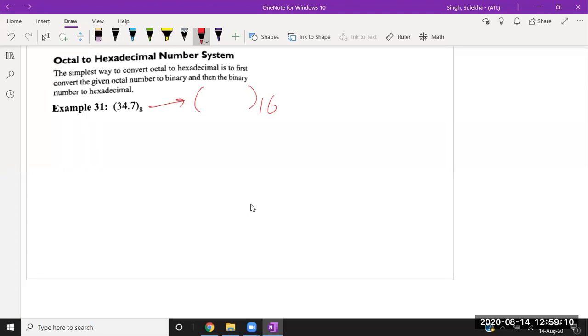Shaurav Kumar Singh, correct. Raksha Fauzdar is the first answer, which is correct. Double correct. Everyone is correct. Good. So the answer for this question is 1C.E base 16. Is there anyone who wants the full solution for this question? If anyone is there, you can write in the chat box.